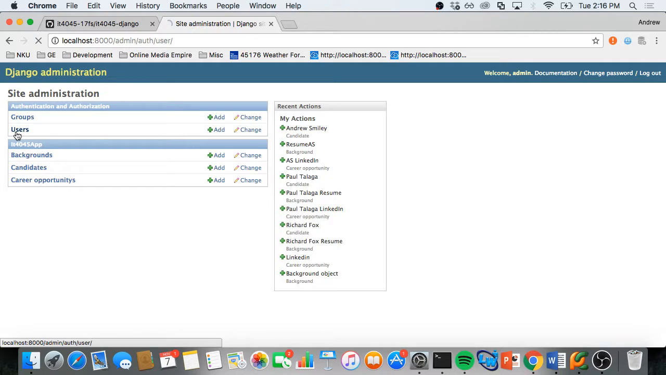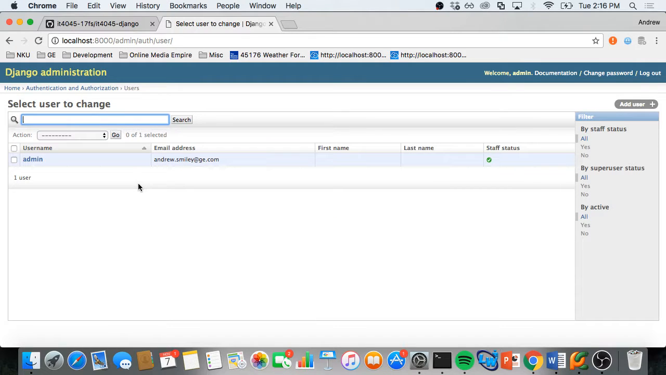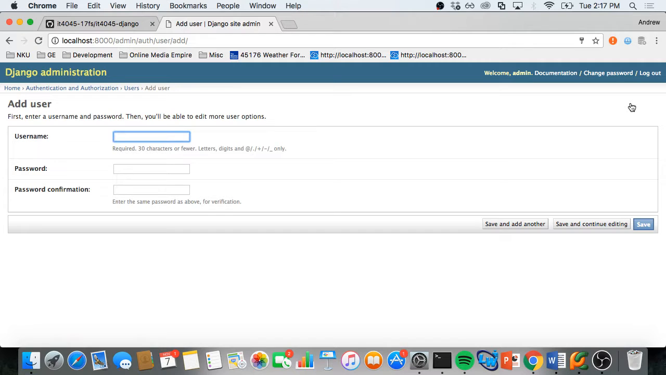So if we come in here, you can see we have one user. It has a username, an email address, first name, last name. So to add new users, we can create a user registration form, sure, and tie this in as, like, pull the data in, save the user objects, so on